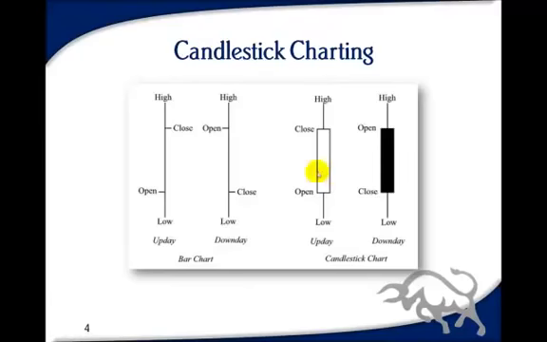The candlestick is so cool because obviously it looks somewhat like a candlestick with wicks on each end, and if it's an up day where the open is lower than the close, traditionally you'll have a white candle. That fat section is called the body, and the top and bottom are called wicks or shadows. Those single lines going up and down to the extremes. Now if we look at a down day, it is a black body because it's opened higher than the close. That's a down day. Now you can choose what colours you want. Sometimes you have green for the up day and red for the down day. It's your choice of course, and you can just leave it to the default colours as long as you know